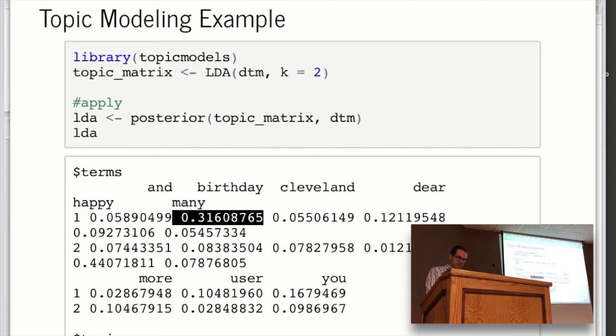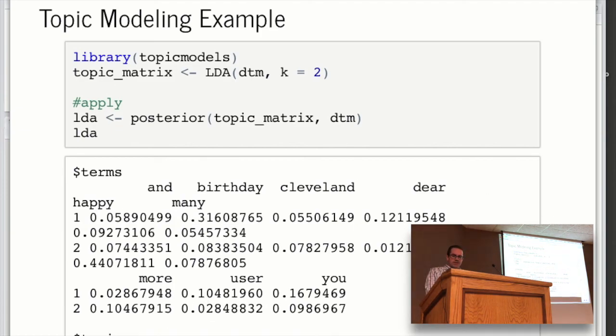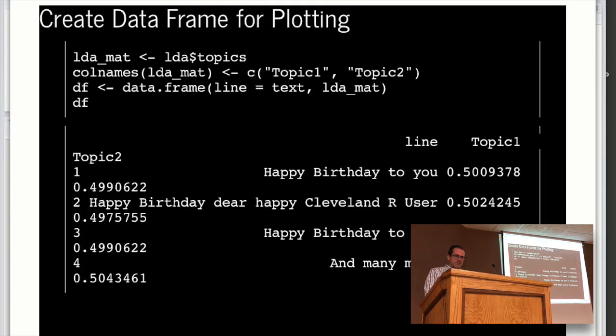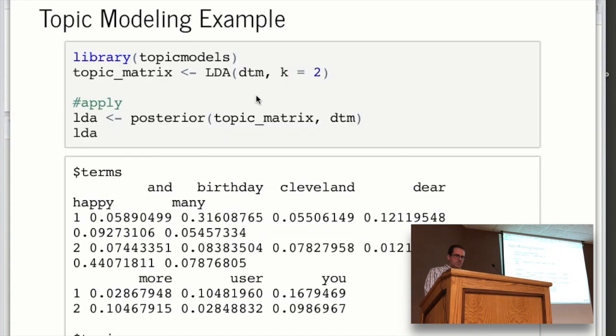This topic matrix at the bottom is actually kind of cut off here. Let me see if I have it on the next slide. It's not great. Let me change something real quick.